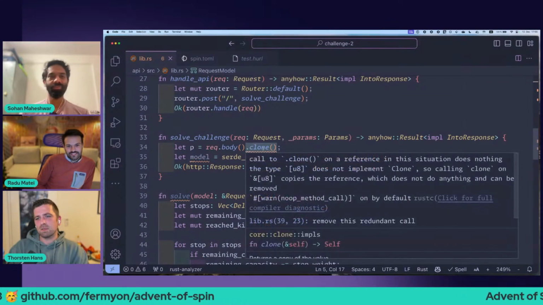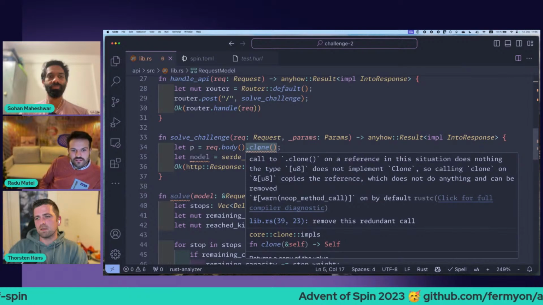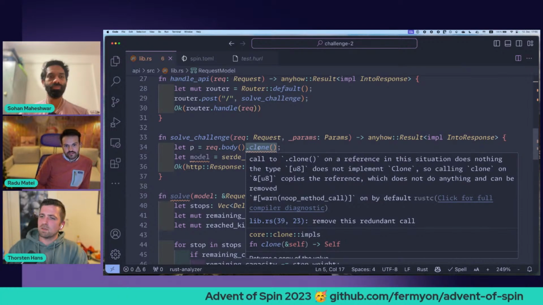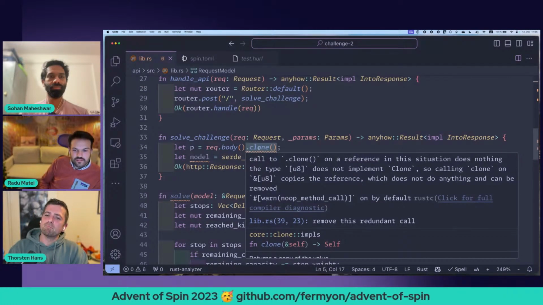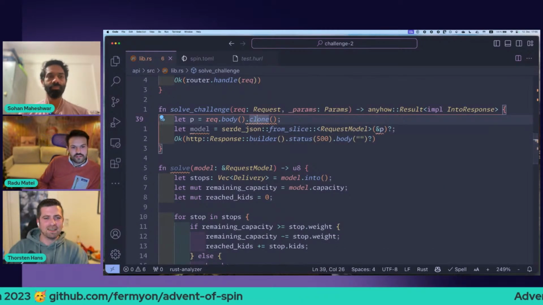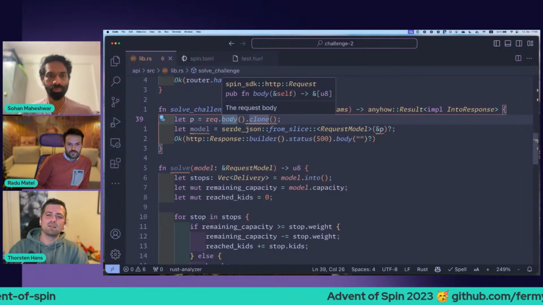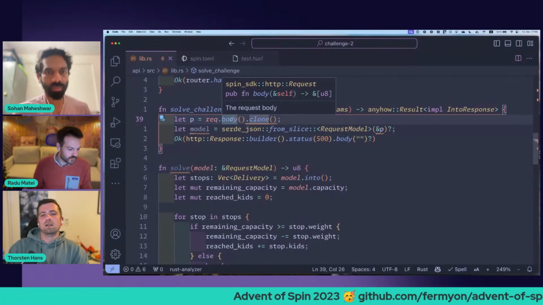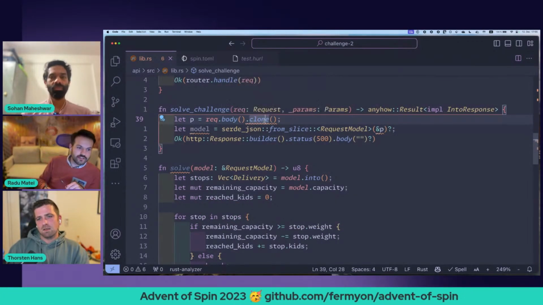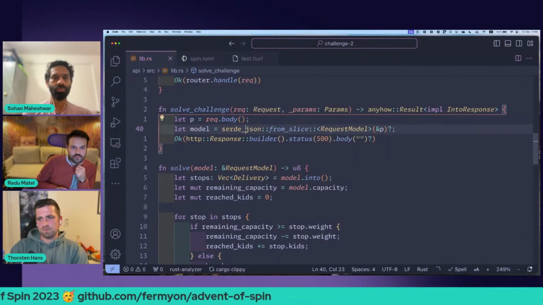This one, what's over here? The call to clone on a reference to a string is not needed. Okay, we'll look into that in a second. If you hover over the body function, it already returns a reference to a slice, so we can just get rid of this one.